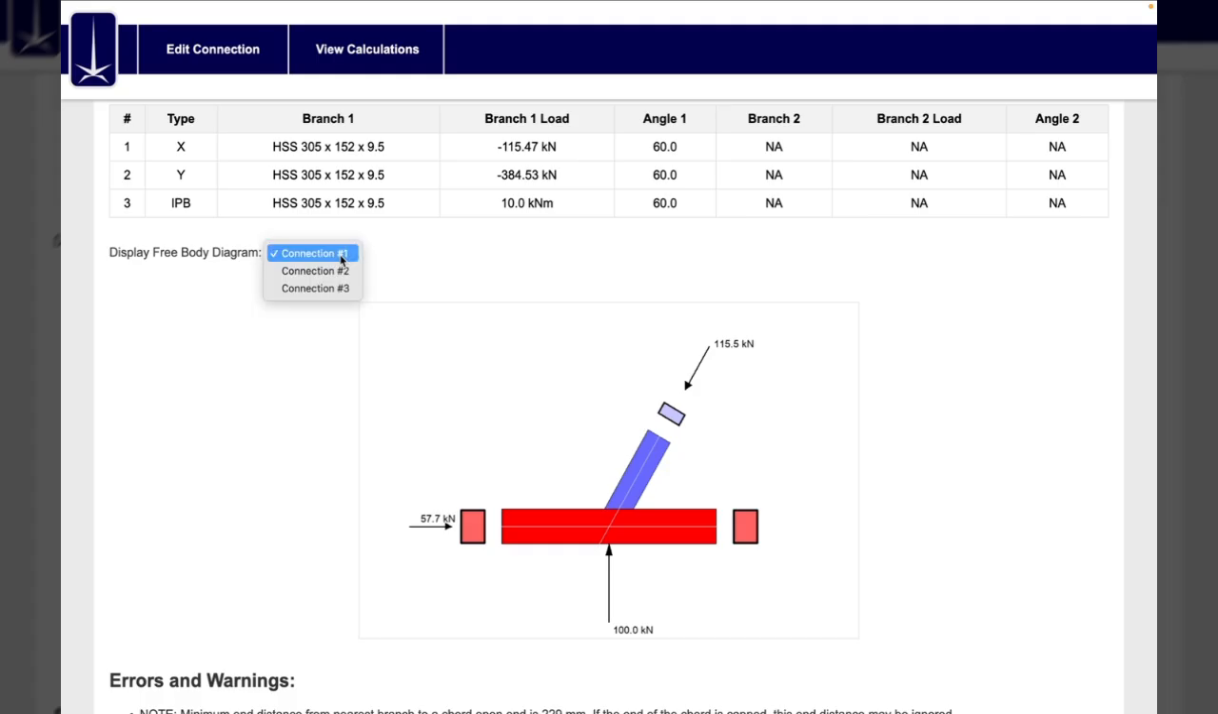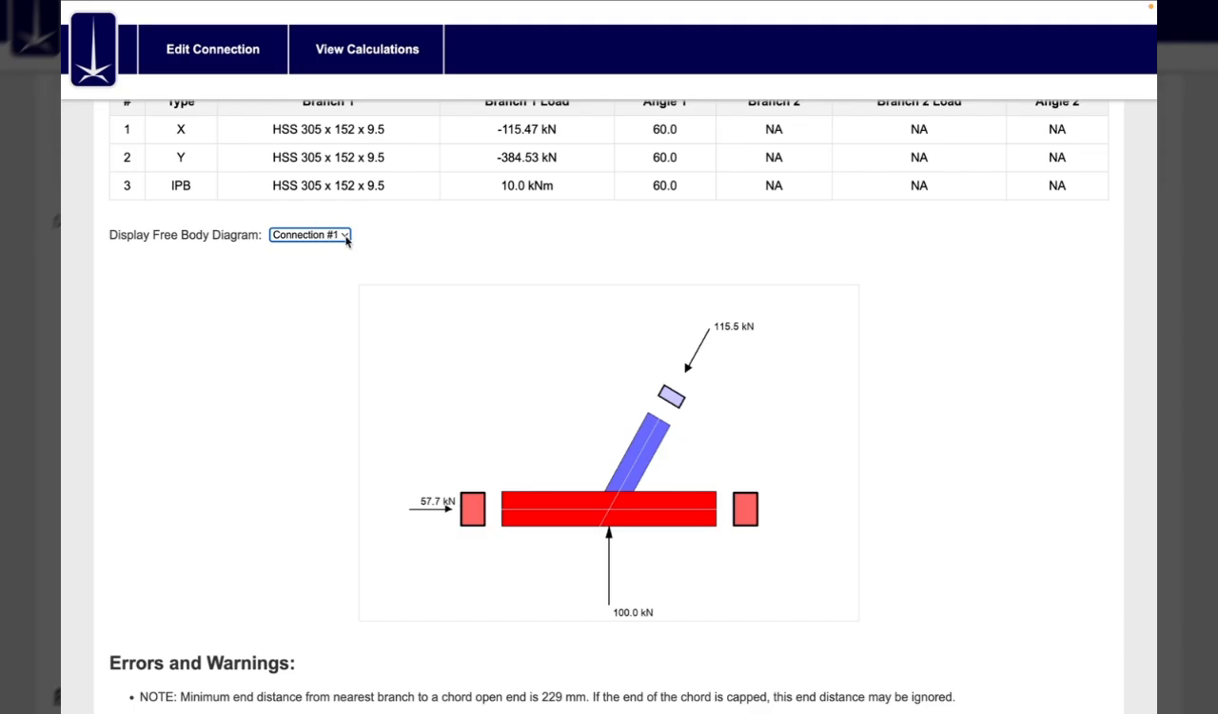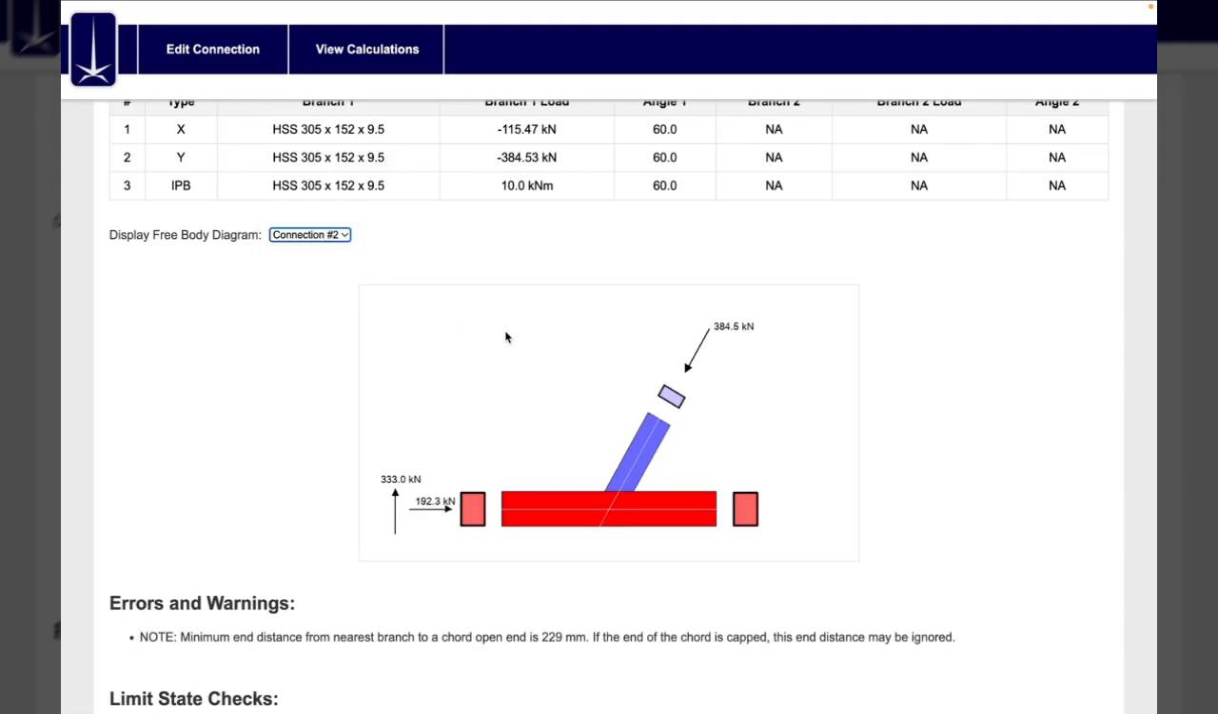And you can see these different free body diagrams for each connection type here, where you can see for the X connection, connection number 1, this is the free body diagram which makes an X connection. So you have the branch force balanced by a vertical reaction on the cord. You have connection 2, the Y connection, where you have the branch force balanced by cord shear. And then you have the in-plane bending connection, where obviously the in-plane bending is balanced by a bending moment on